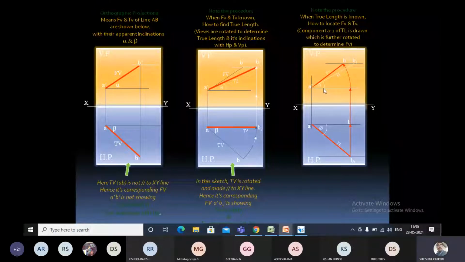Or else, a simple way: I told you the distance between the end projectors is the same for the apparent length. So definitely this line, and you draw the other line, that is also possible. You draw the line, definitely that will be equal to this. Okay, and this is the apparent length of the object in the top view. The same problem I'll take, one small problem, and try to show you.